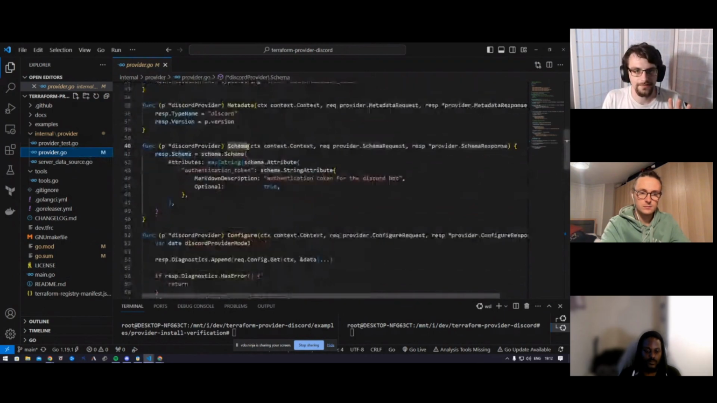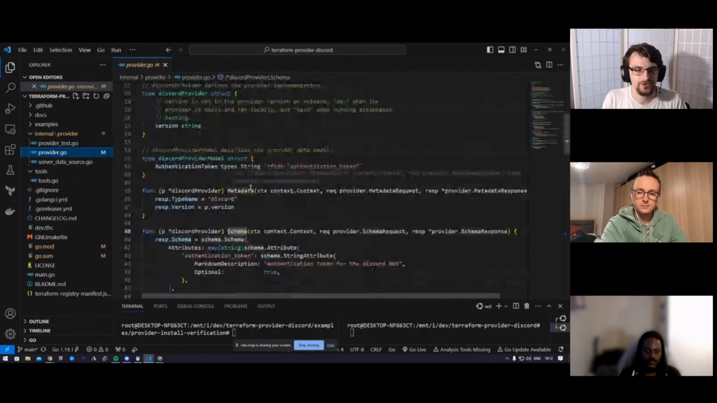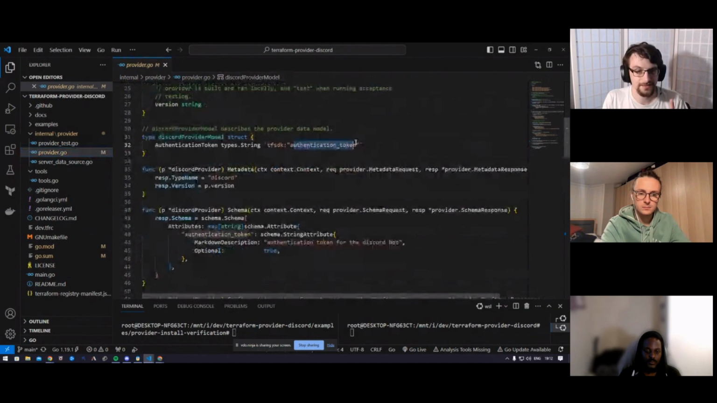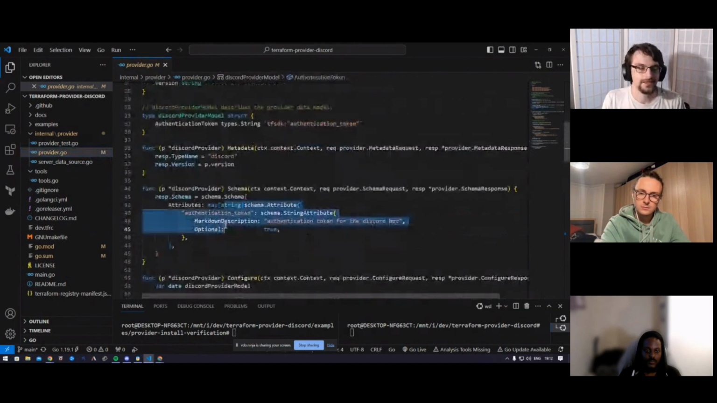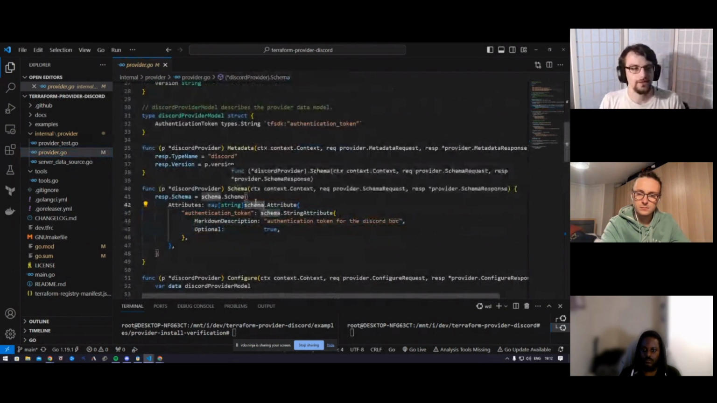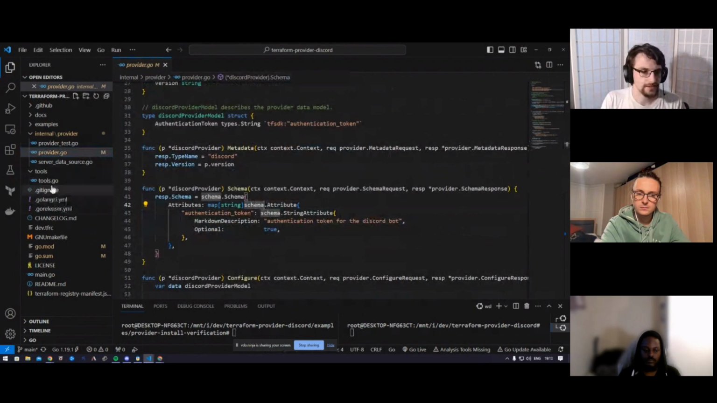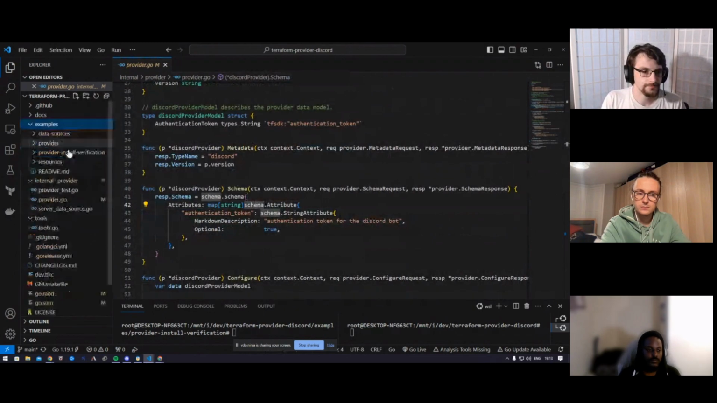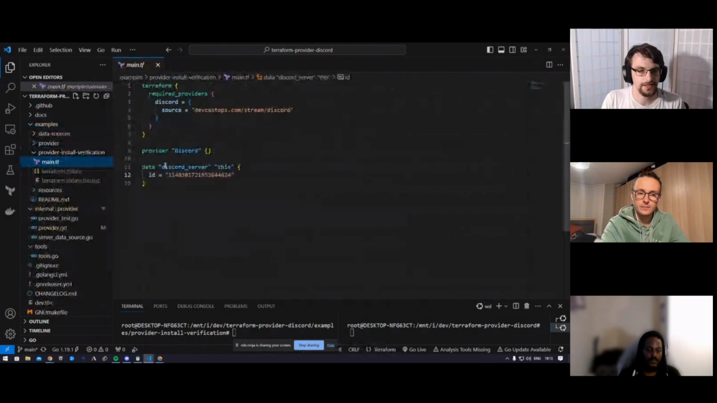So we have a structure that is the model. This needs to match the schema. The schema is what Terraform sees. So this is when you go in and create your provider, which if I go into my examples, so when I go into the provider block,